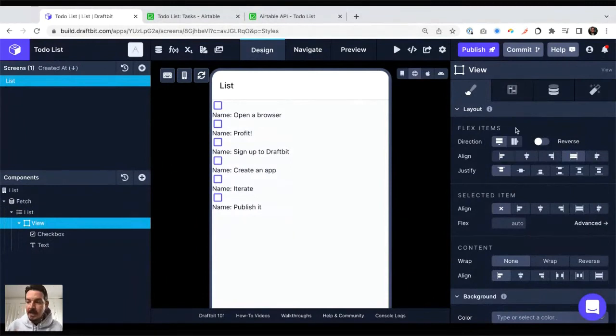And when it comes to layout, you have different ways you can do things in Draftbit. You can position things absolutely, like an absolute position on your screen. Because we're doing mobile development, we don't really recommend that, because who knows what device your application is going to be seen on. It might be a slightly bigger screen, so then your absolute design might not look as good.